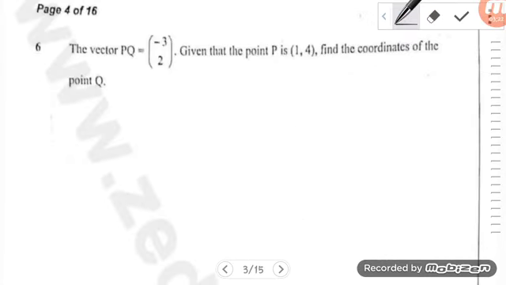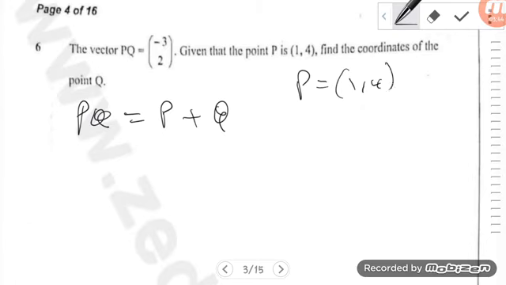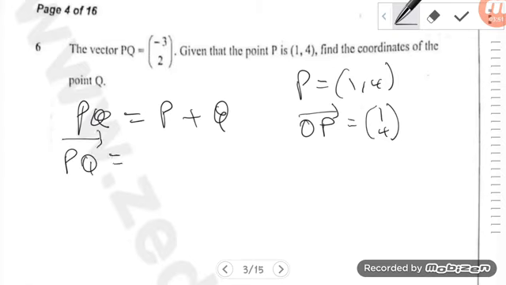The vector PQ is given by negative 3, 2. Given that the point P is 1, 4, find the coordinates of the point Q. Now we know that point Q is made up of P plus Q. Therefore, to find, now remember we've got point P which is 1, 4. This one as a vector, we are saying it becomes 1 and 4. So vector PQ is equal to OQ minus OP, and we have here negative 3 and 2